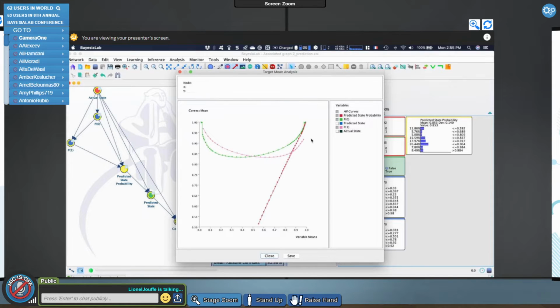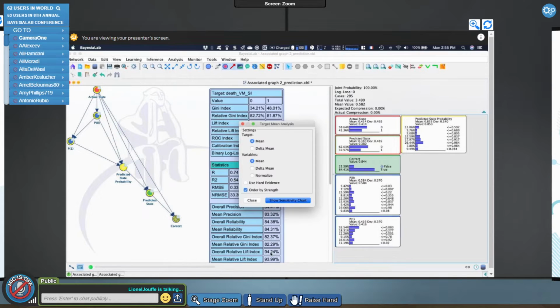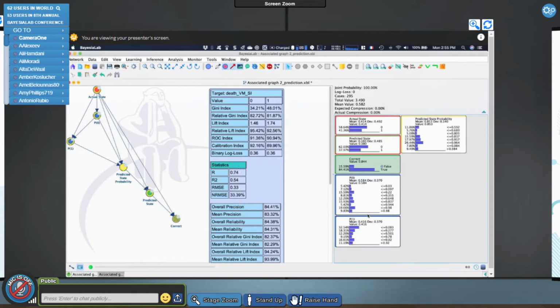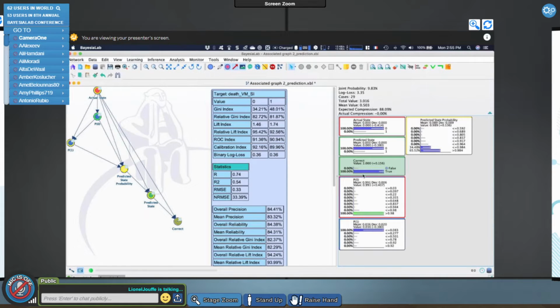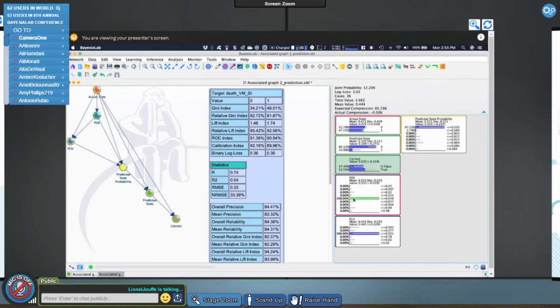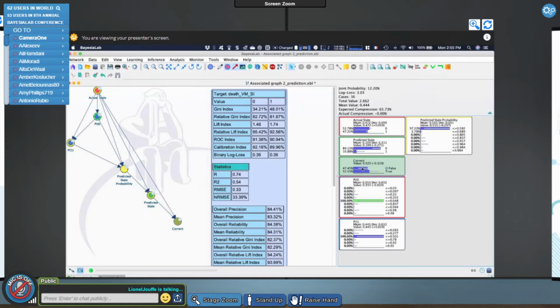And here, it's not surprising that when the probability of the output is close to 1, then we have something that is 100% correct, at least for P0. When the probability of P0 is close to 0.5 here, this is where we have the highest probability of a wrong prediction, if you will, right?